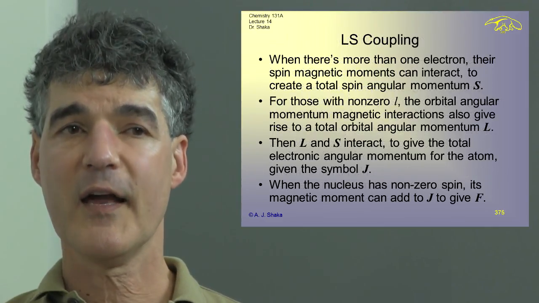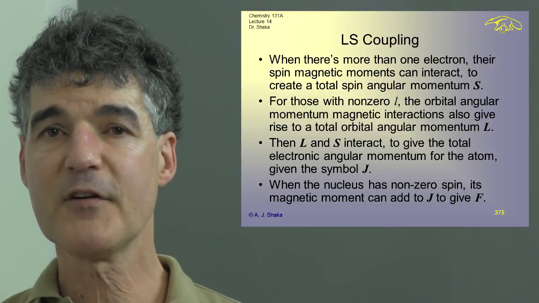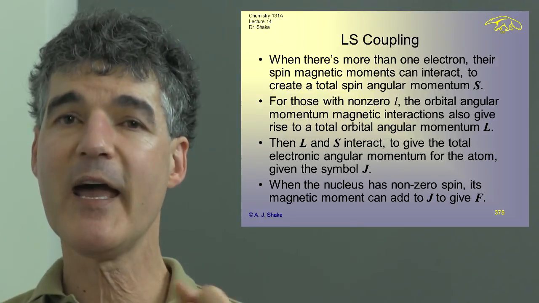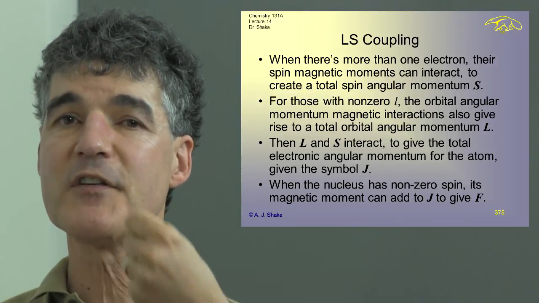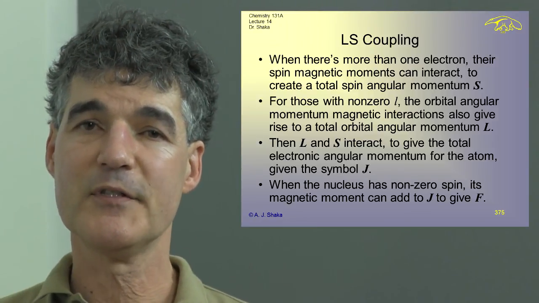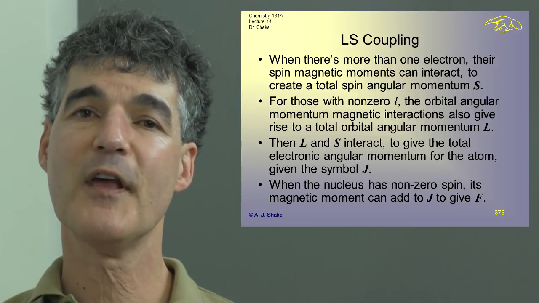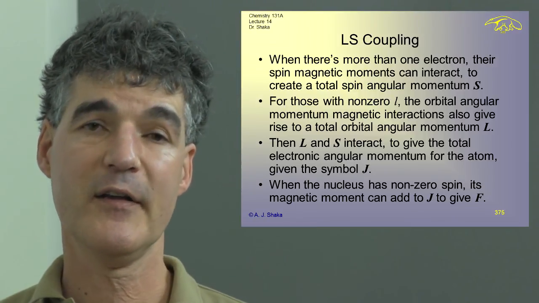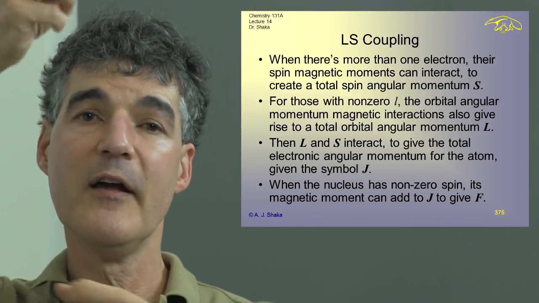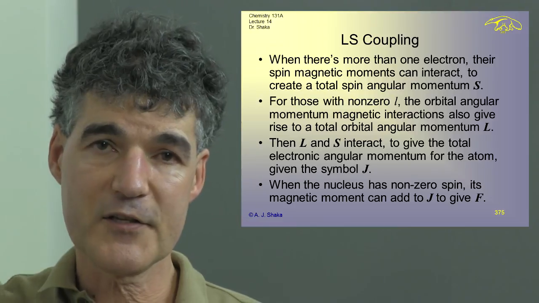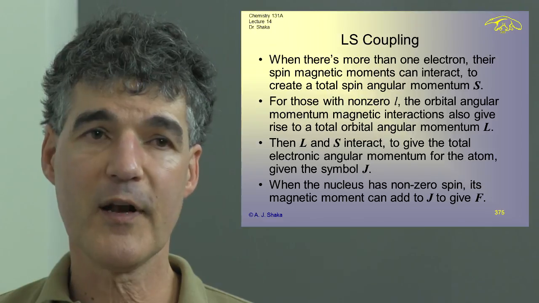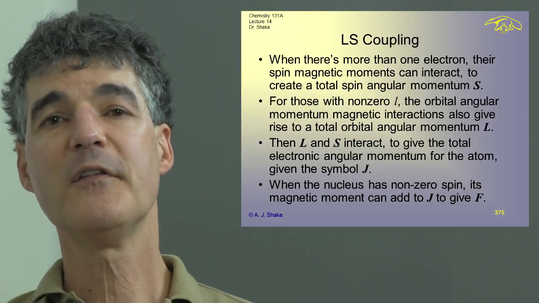Whenever there is more than one electron, the electrons themselves can interact magnetically. They're little bar magnets. They can either align with each other or they can not align. It turns out, we'll see when we get to it, that if they're in the same orbital, they have to be paired. But if they aren't in the same orbital, if there's an excited electron, there's another one here, then they can have any kind of orientation, either for or against. And if we have an open shell atom with more than one electron, then these spins can add up,